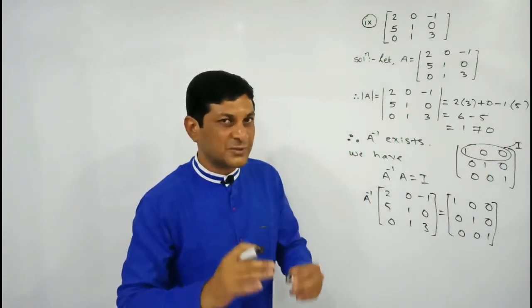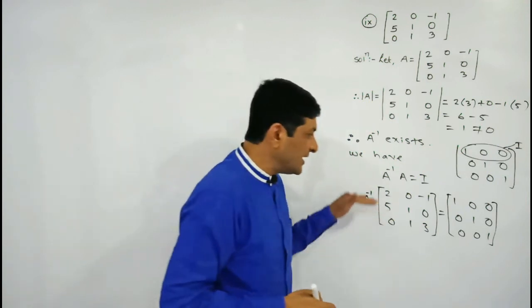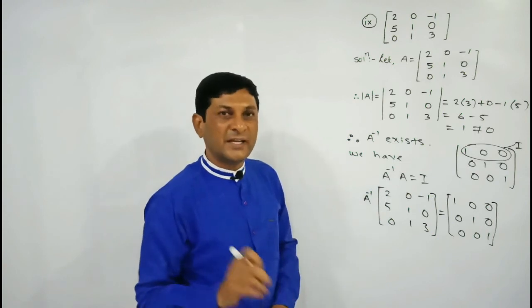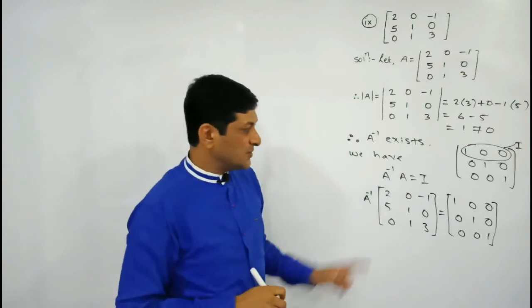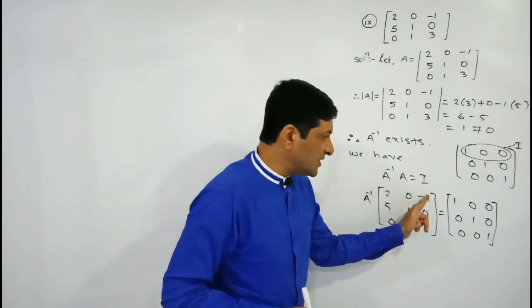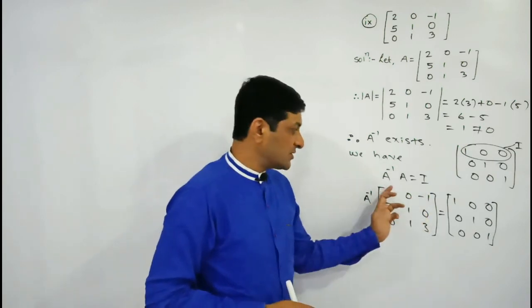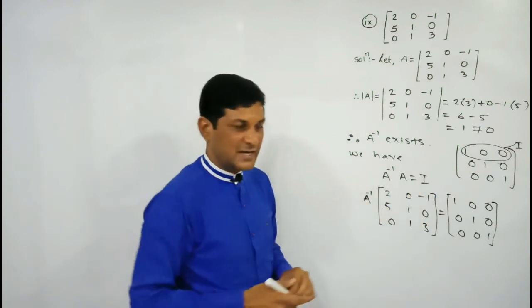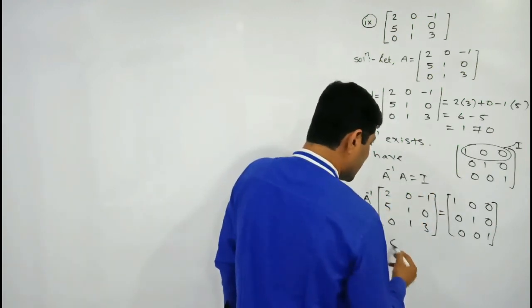So let us try to convert the elements of the first row into 1, 0, 0. So here we will require 1. If we are taking addition of this element with what? Minus 1, meaning C1 plus C3. So 2 minus 1 will be equal to what? 1. So we are performing this operation, C1 plus C3.